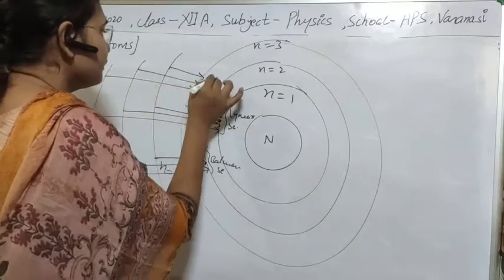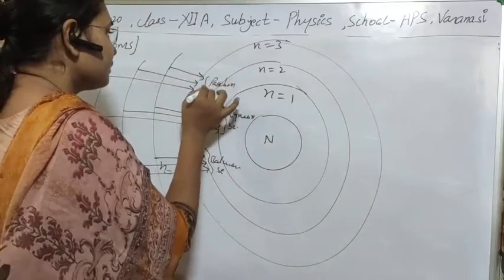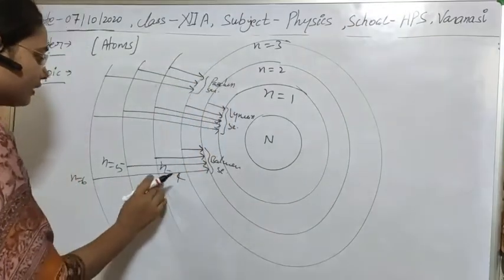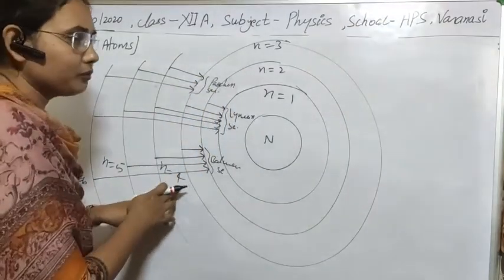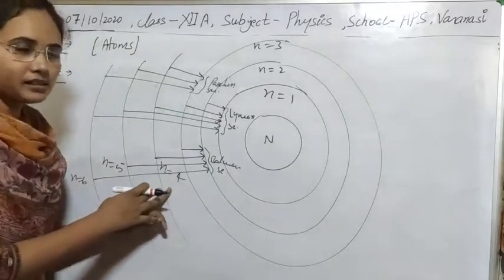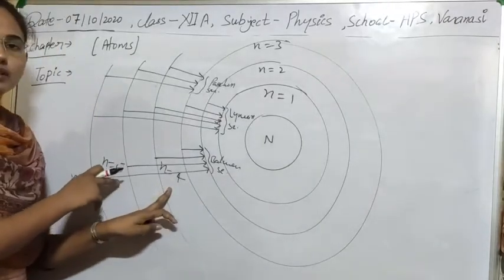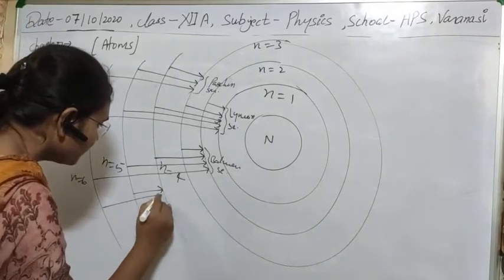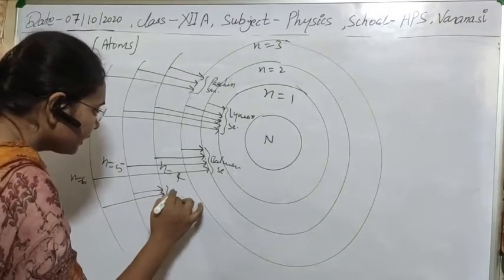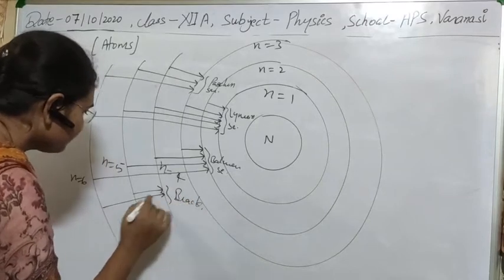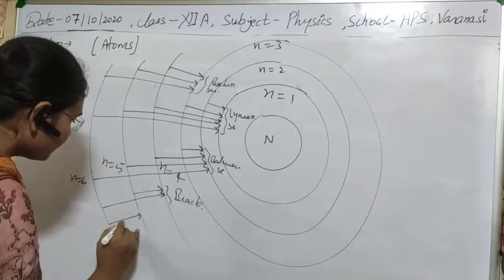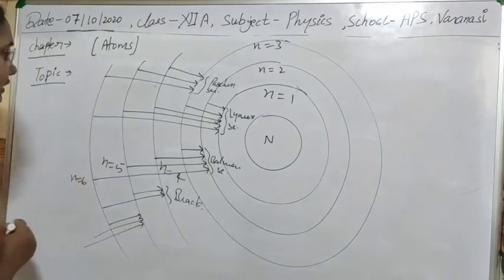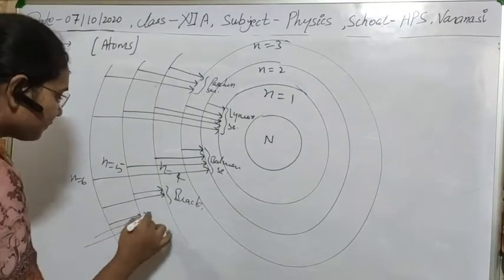This is the Paschen series. Similarly, we can draw it if the lowest level is n equal to 4, then we will get the Brackett series. If the lowest is n equal to 5, we will get the Pfund series. So we can draw it for all these. If n equal to 4 is the destination, then we will get the Brackett series. And if n equal to 5 is the destination, suppose here all other energy levels are also present, then it is called the Pfund series.